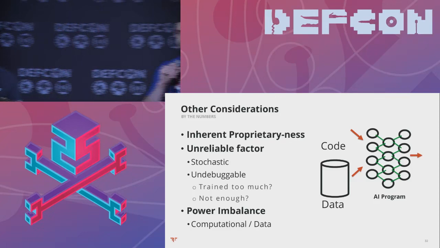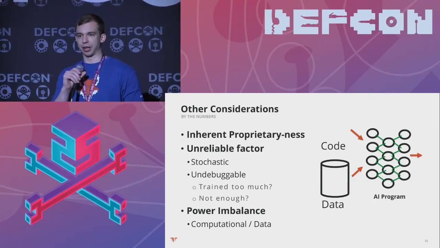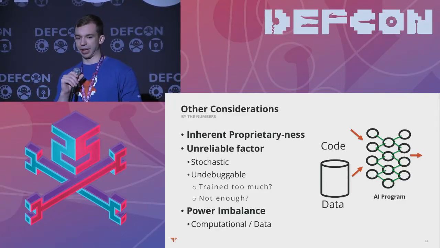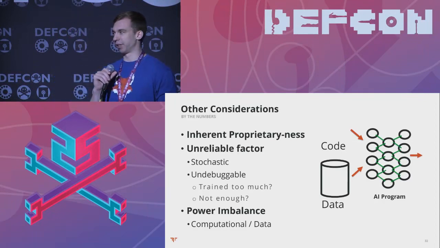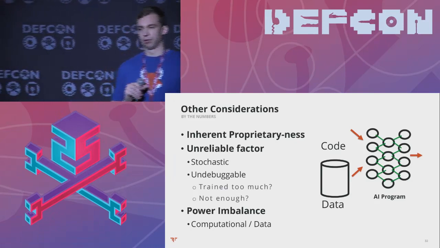Yeah, the big cloud providers, Google, Facebook, all those big companies that do a lot of this kind of research, will happily rent you out their spare CPU cycles and their GPUs, but they will never ever rent out their models and their massive collections of data to you. That's kind of the secret sauce, right? So if all that is hidden, you're kind of at a disadvantage if you want to get started with this stuff. Big hill to climb. Yeah, in a way that's not present with ordinary programs.